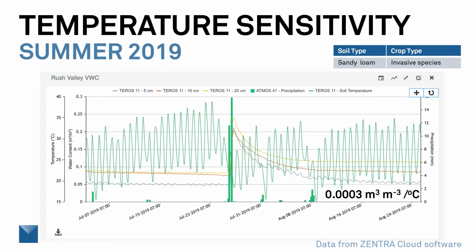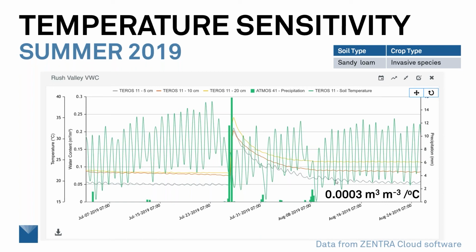Is there something happening? And here, I would depend on a statement my dad made many years ago, which he said, it's true, we love sensors, but most sensors, beyond what they measure themselves, are also usually pretty good temperature sensors. And that's really true, I've found, in a lot of the sensors I've worked on. And so we measure really well our water content here, and it does quite nicely. But with the change in temperature in this region in mid-August being a range of 13 to 14 degrees Celsius down here at the 5 centimeter level, our water content is changing about a little less than 1%. And it's not that big a deal.